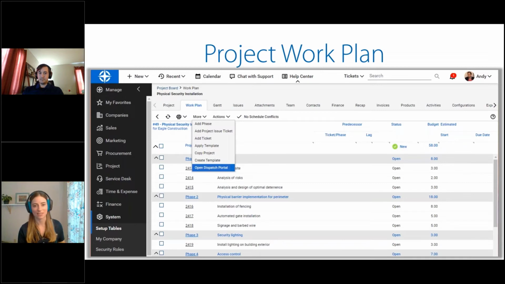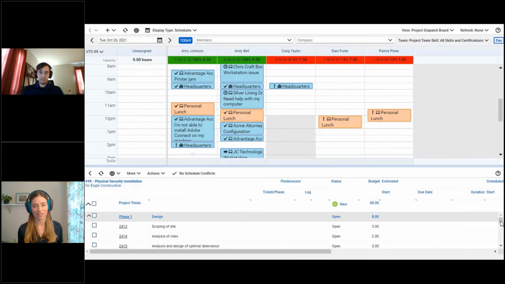Here we have all of our task lists. We've already assigned our team. Now the next thing we want to do is open the dispatch portal, which we can do from the More dropdown on the work plan tab. Because we took the time to set up our team, you're going to see that this dispatch portal has everything we need. First thing is I wanted to call attention to the bottom half here where we have our